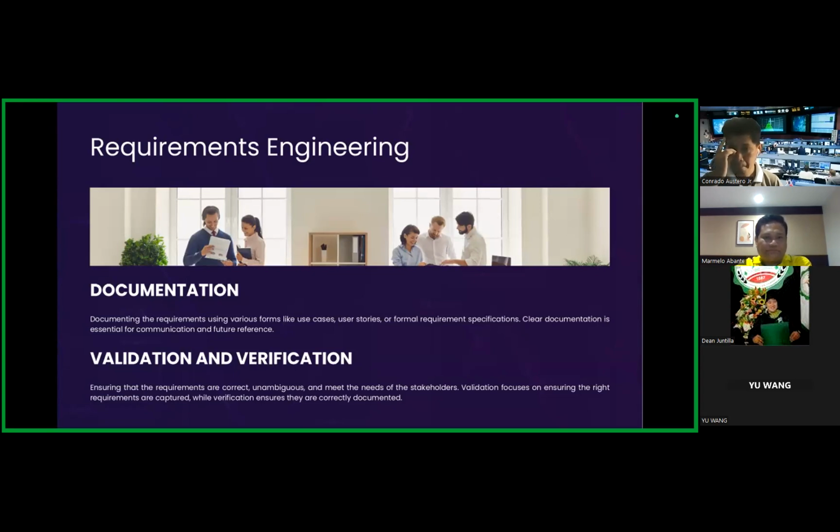Clear documentation is essential. In every project, even in school, documentation is very important and crucial for a successful project, for communication and future reference.